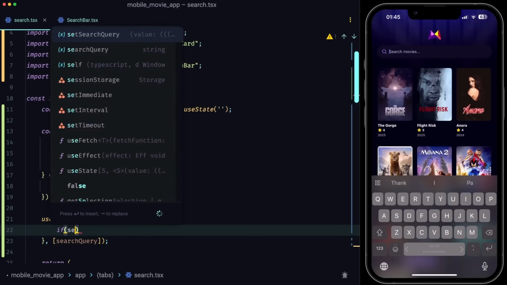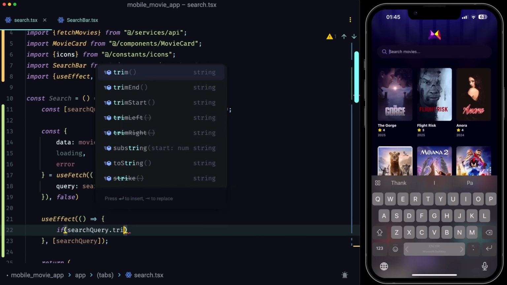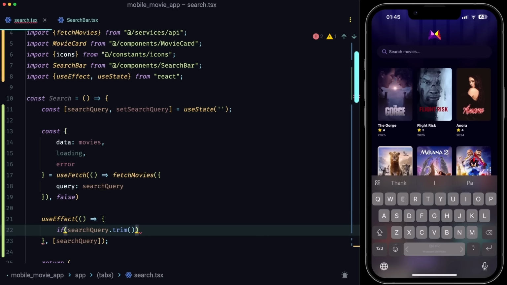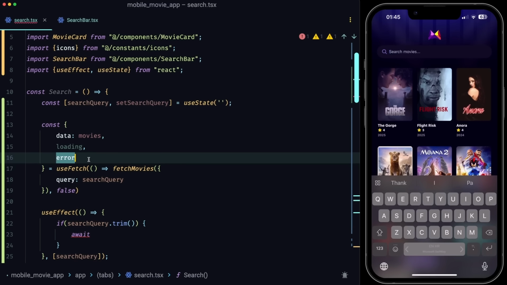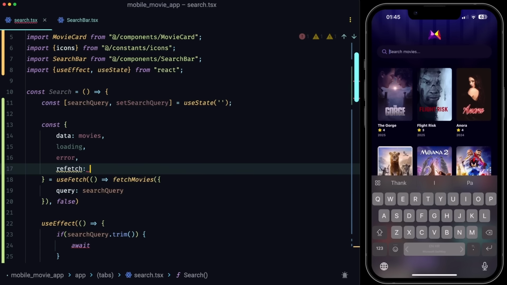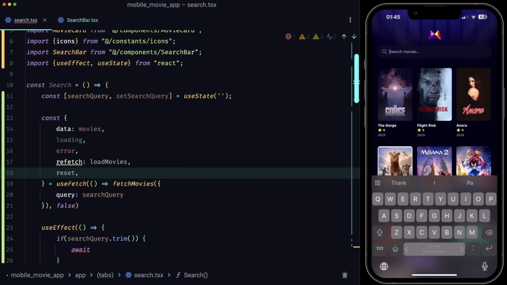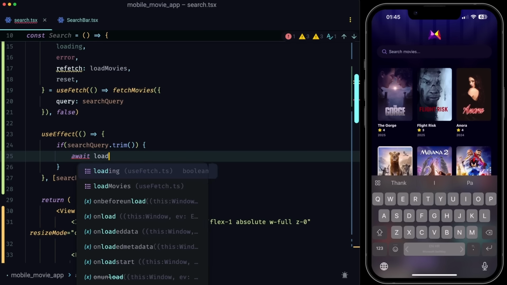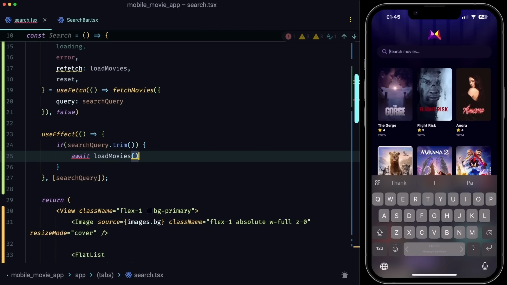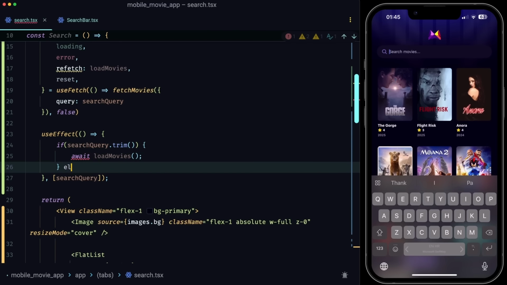So I'll say if searchQuery.trim exists, so if there is something that the user has searched for, then await, and as a return value of the fetch, we're also getting access to the refetch function, which we can rename to loadMovies, because that's exactly what it does. And also we get access to reset. So now, if there is a search term, whenever the search query changes, just await loadMovies like this,